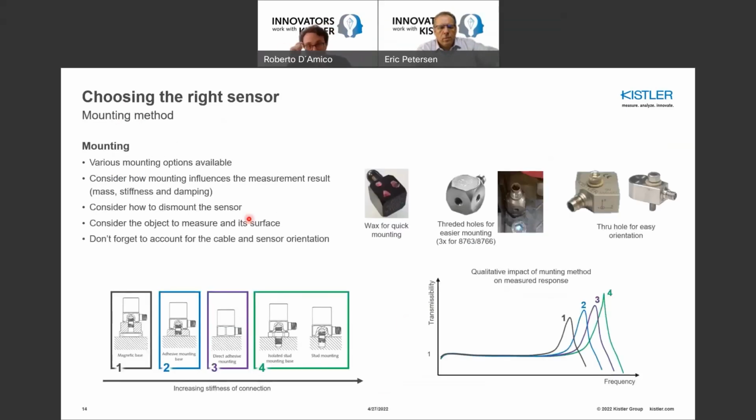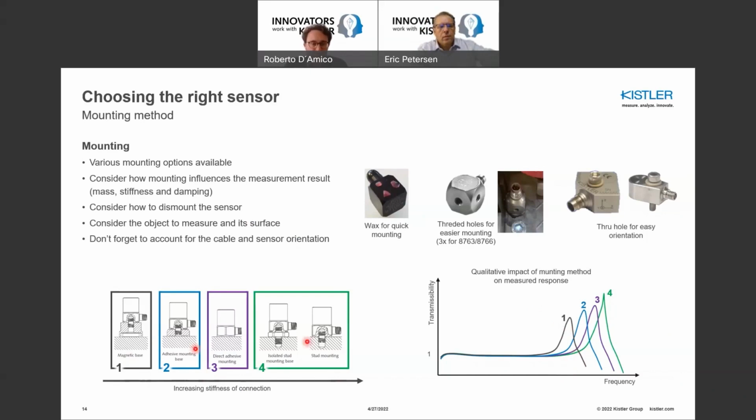It is important to consider the mounting method too, because you would have to mount the sensor to the measured object, and the way you mount it will influence the stiffness of the connection, the damping of the connection, and the mass of the connection, of course, and this will have impact on the accuracy of your measurement. Here, bottom left, I reported different mounting methods with increasing stiffness of connection. So we start with magnetic base, which